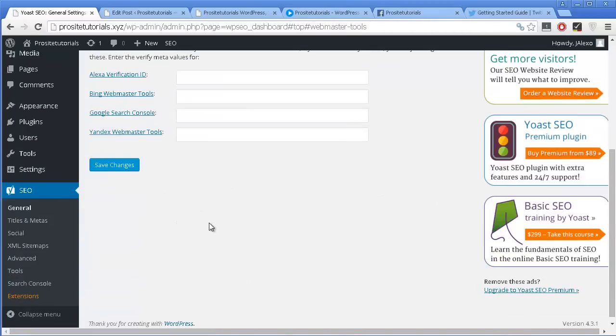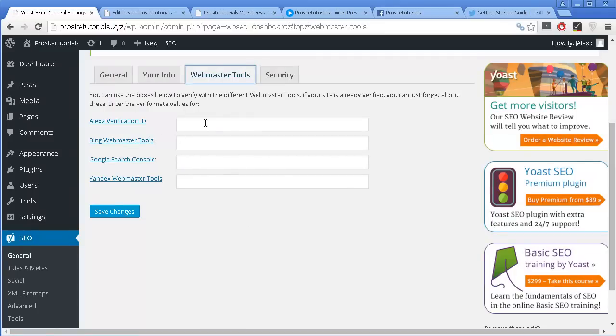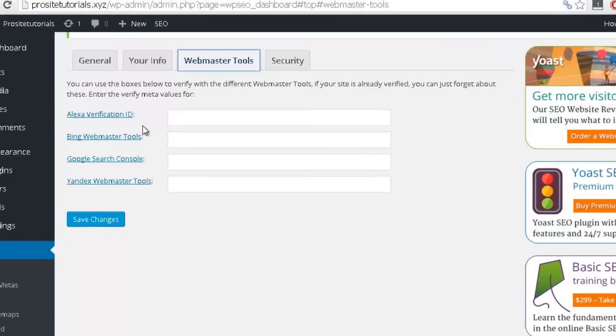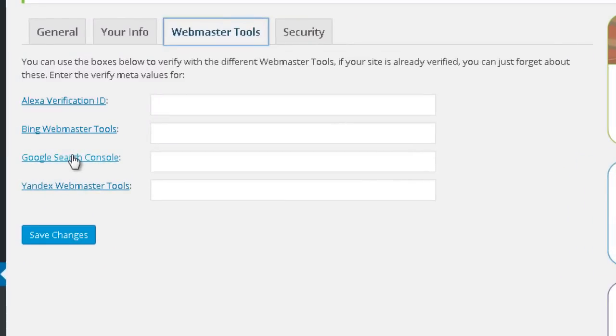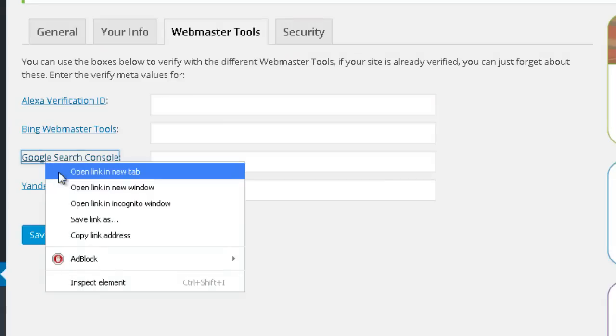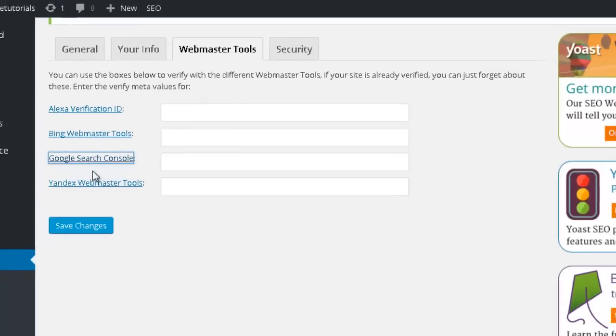Next up, Webmaster Tools. This is an option that allows you to quickly verify your website with each specific tool that you can see on the listing. So I would recommend for you to at least do the first 3 ones with Alexa, Bing, and Google. And Yandex, which is one of the most popular Russian search engines, you might also want to do that because it's really quick. I'm just going to explain how you can do it with Google so you can get a better idea. So you want to click on the link